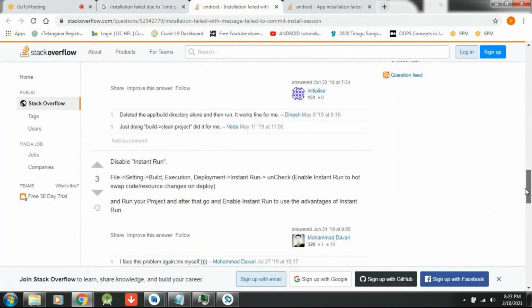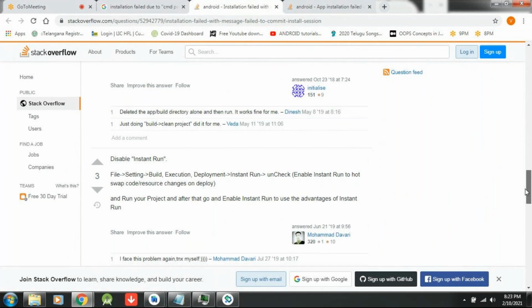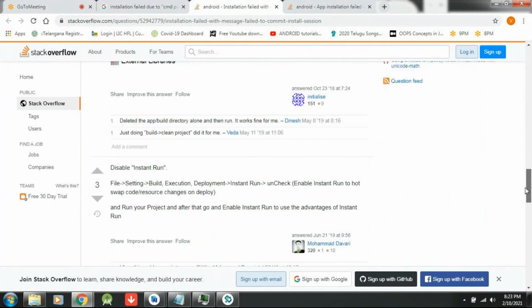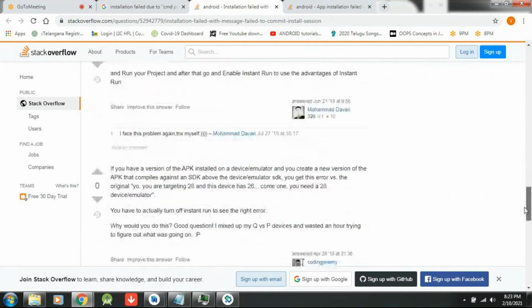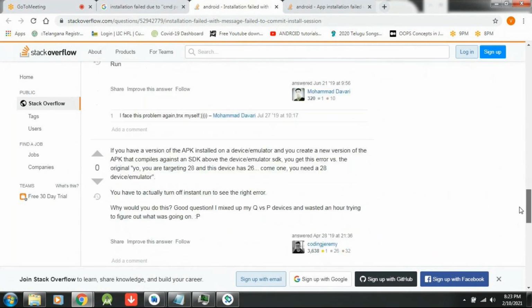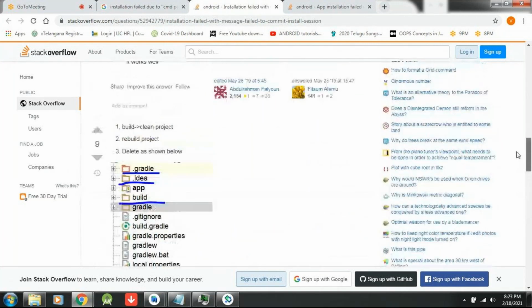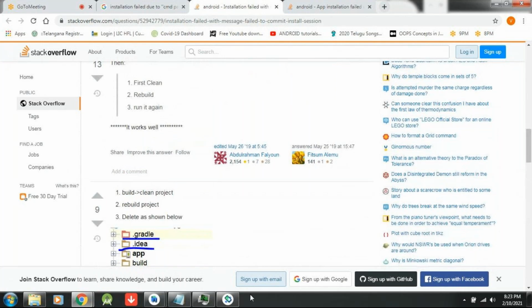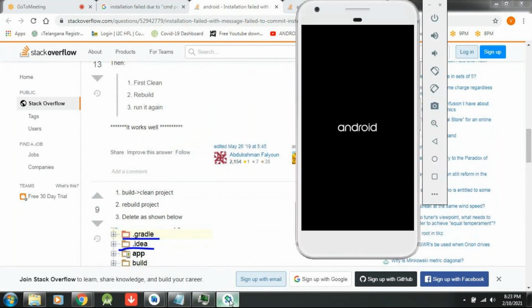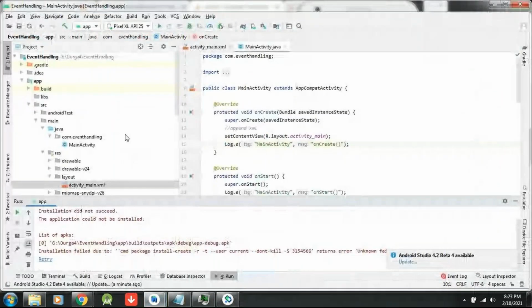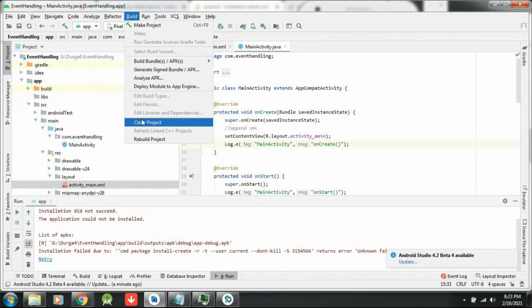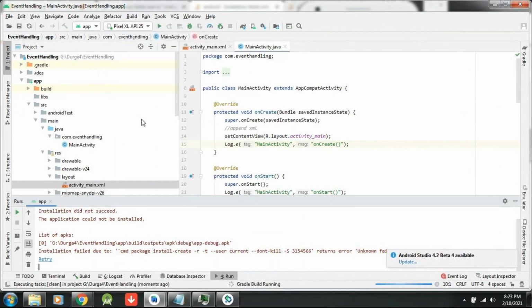Disable Instant Run: File, Settings, Build, Execution, Instant Run, uncheck enable Instant Run. Who has given the correct solution for me? Build, clean project, rebuild the project. Okay, I'll try this one. So let me clean the project once. If not, I will have the older version.